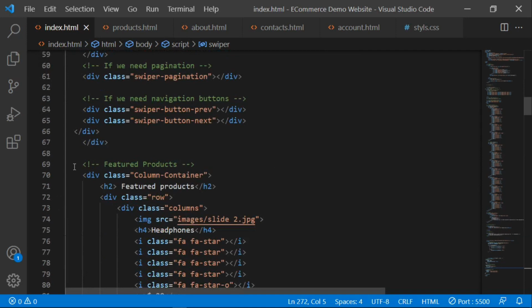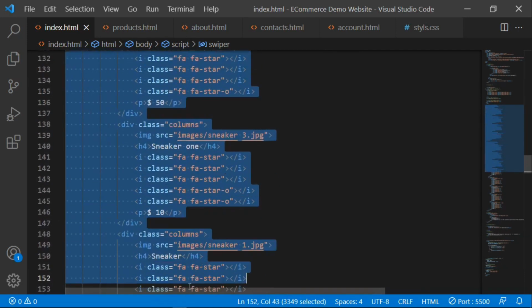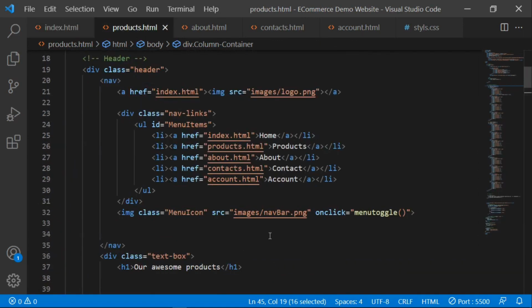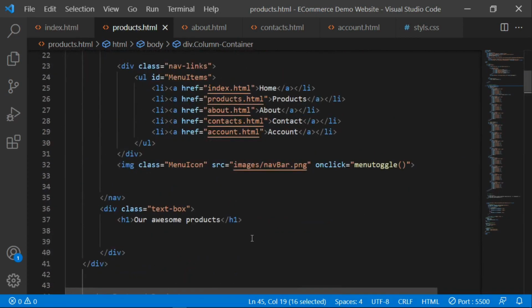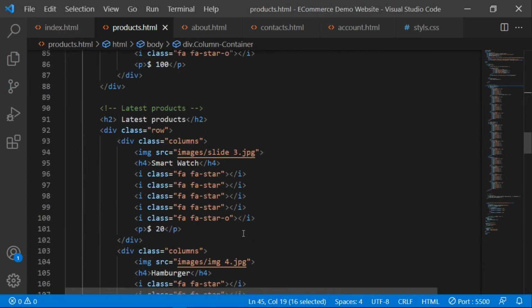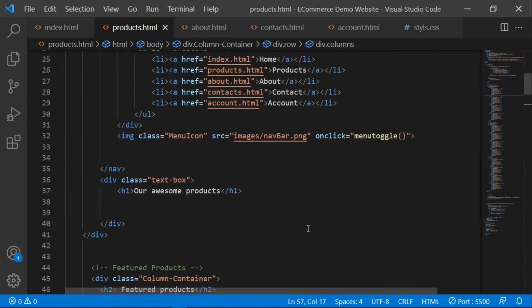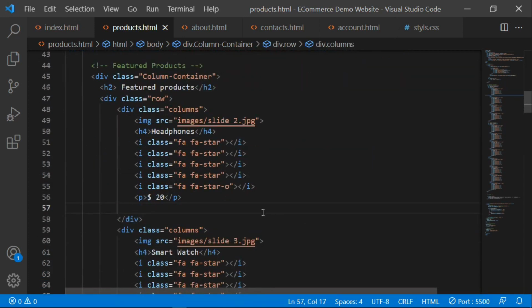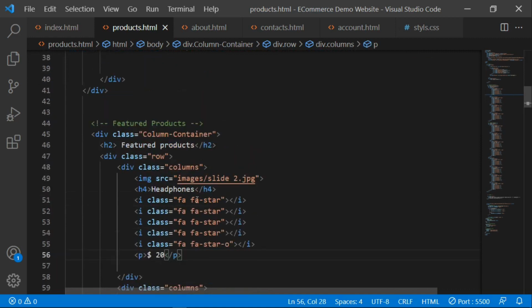Featured products. So let me copy this section, and then to where? And so guys, once you paste it there, and then everything is okay, just save. And then I also add an item here, add to cart. Just this item here after these headphones, just at the end of this price, I'm going to say add to